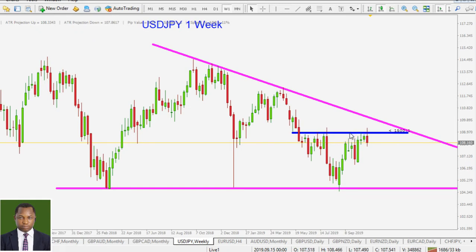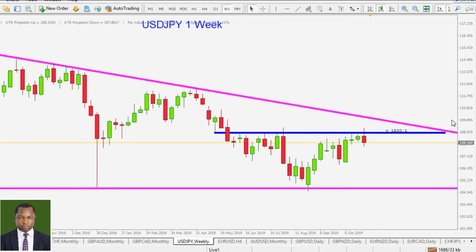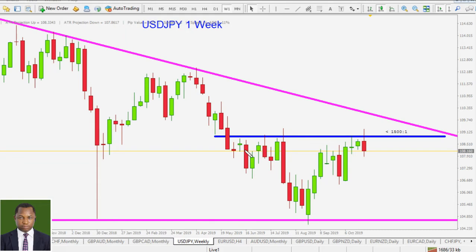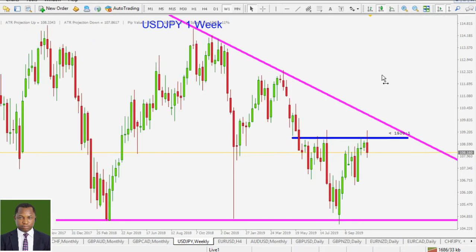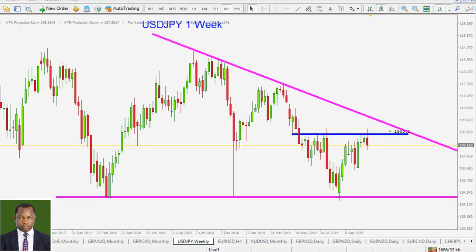And just make a little adjustment. All right, price has been struggling to break through that level, so this is a level of resistance. And last week's candle is a bearish one. You can see that candle right here. Okay, it's a bearish one, which is a good thing to look for short entries around that area.